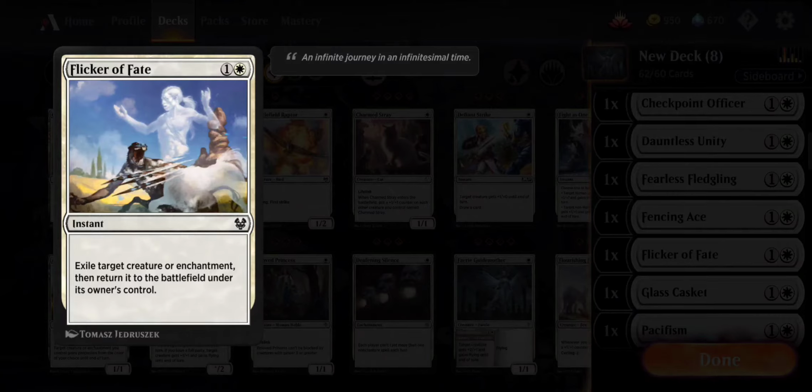and they cast a destroy target creature spell, boom, you can cast Flicker of Fate because you have the mana, and you get to exile that creature and return it to the battlefield. Because when their spell resolves, your creature will not be on the battlefield. Their spell will dissolve into their graveyard, and that effect will not happen, and then your creature comes back to the battlefield safe. I actually built a pretty cool Flicker Commander deck,